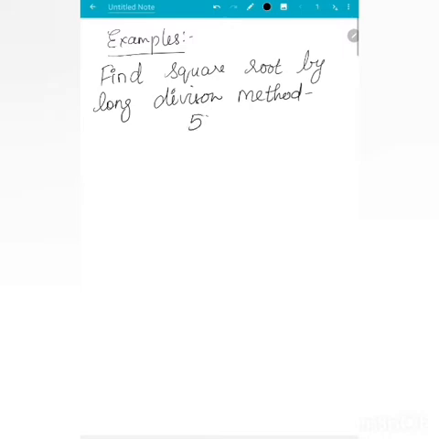I'll take 576. Be careful with this because it is very, very important. Listen carefully. 576, find the square root by long division. For a square root, you take two numbers at a time, the last two numbers, but here there is only one number left over, and you don't worry about it. You take them from right to left, from last to front.